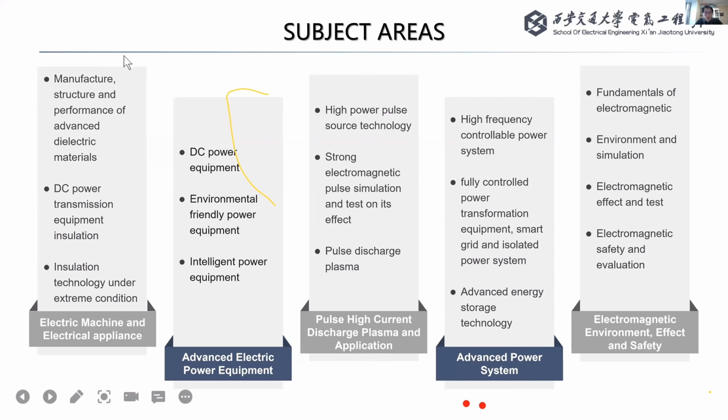And in the disciplines, according to the different research areas and directions, we can divide it into 5 categories. The first one is about electrical machine and electrical appliance. It means that all the research areas are regarding this kind of equipment used in the power systems. So the research areas may include the manufacturing, the structure and performance of advanced dielectric materials. This is for insulation. And with the development of the DC transmission projects, we also have research directions on DC power transmission equipment insulation, and also the insulation technologies in extreme conditions, including space,